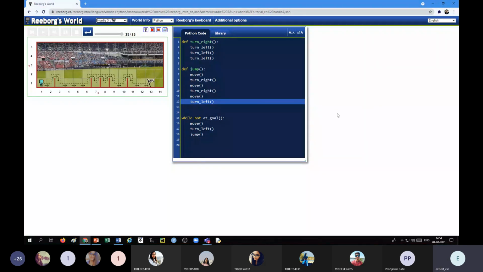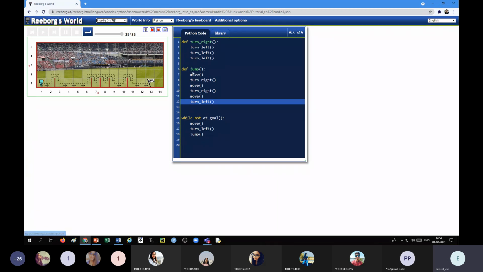hurdle 3. Okay, now you try this one, that your flag can be at any place and the hurdles can also be anywhere. Okay, so all of you try this one. First of all, open any browser, type Rewards World.